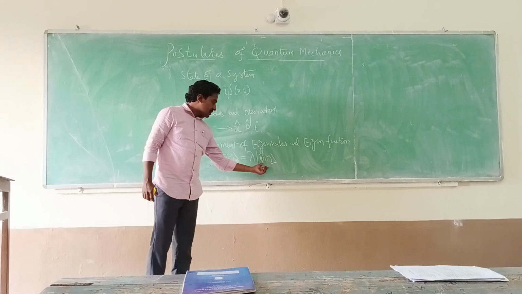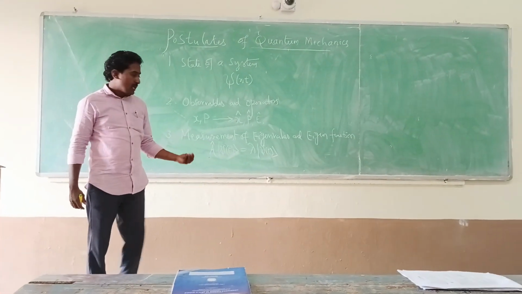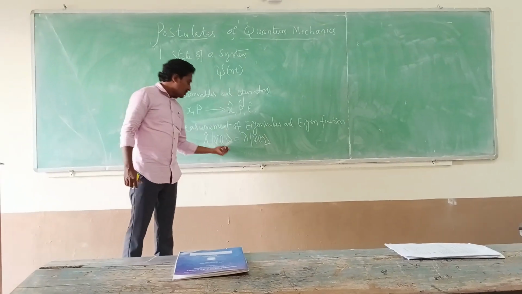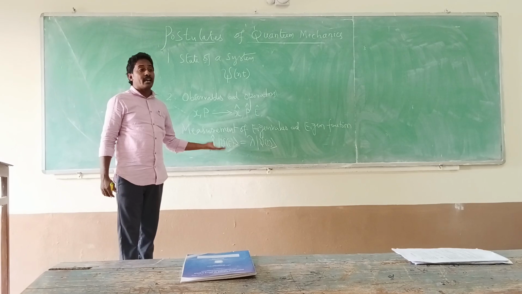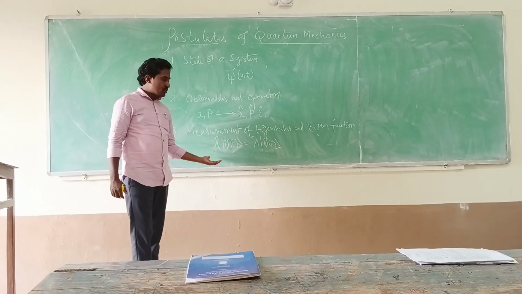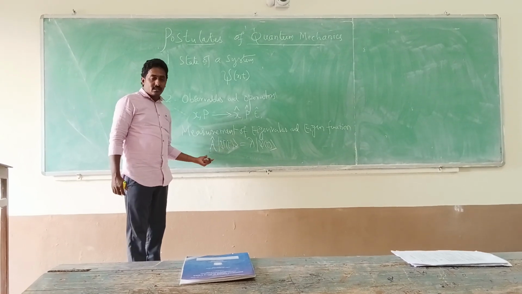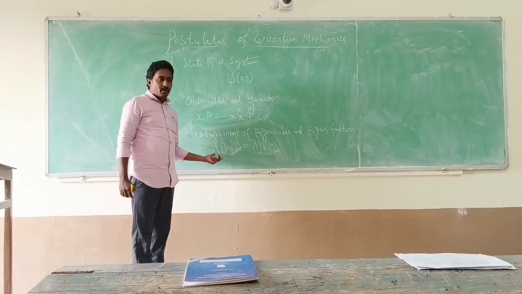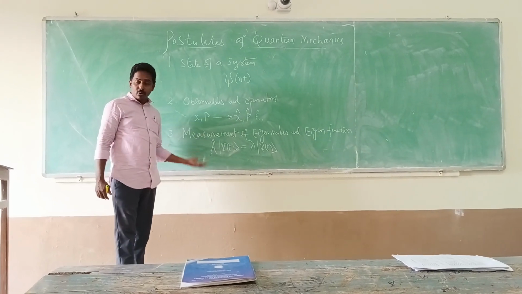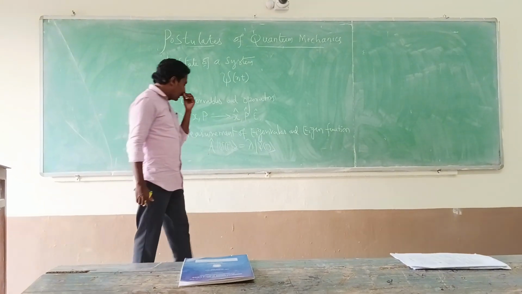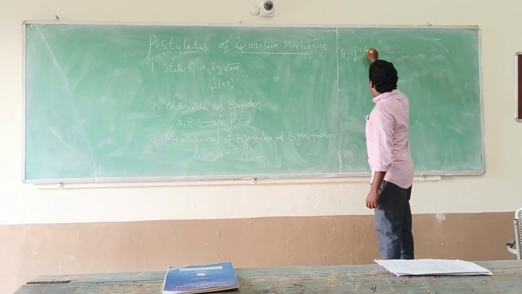If the final state vector is the same as the initial state vector, it is known as an eigenvalue equation. If the final state vector is not equal to the initial state vector, it is not an eigenvalue equation. In an eigenvalue equation, the final state vector is equal to the initial state vector. This is the third postulate of quantum mechanics. Once we find the wave function, the motion of a particle at a given time t, now the fourth postulate is probability.